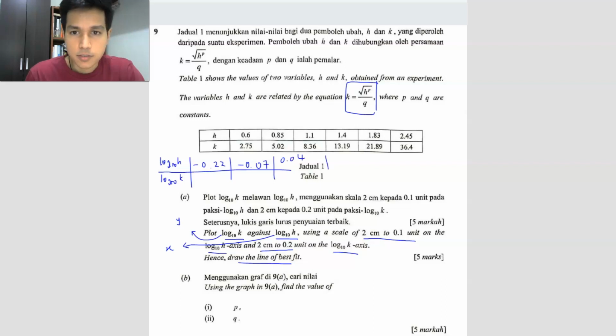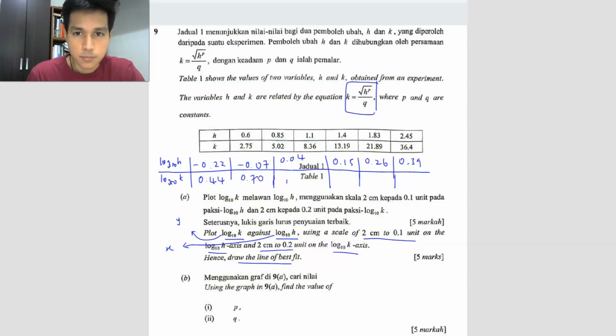Okay, got no space here. 0.15, 0.26, and 0.39. Okay, that's the first part. Then you have to do the same thing for log k. Take all the values of k here and take the log. Okay, use your calculator. You get 0.44,